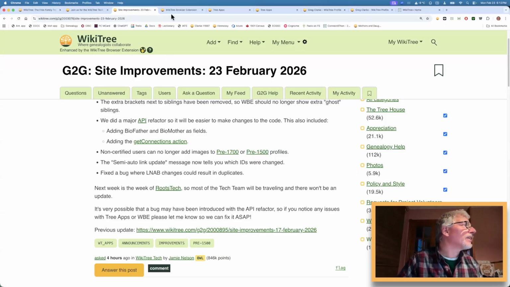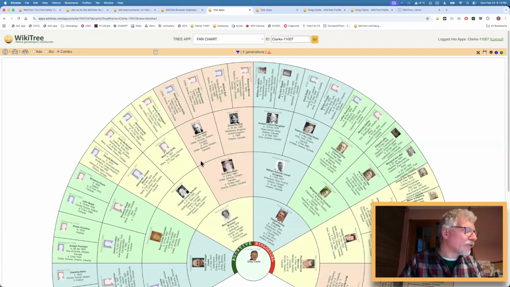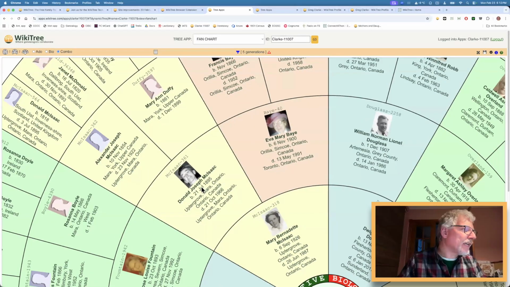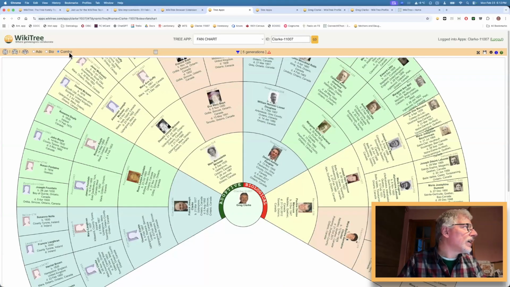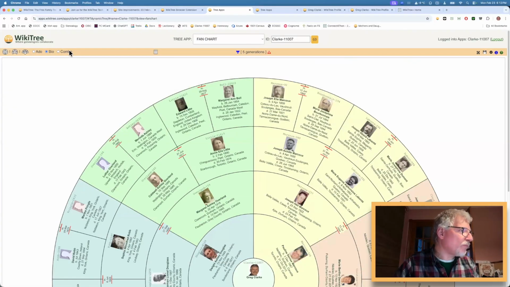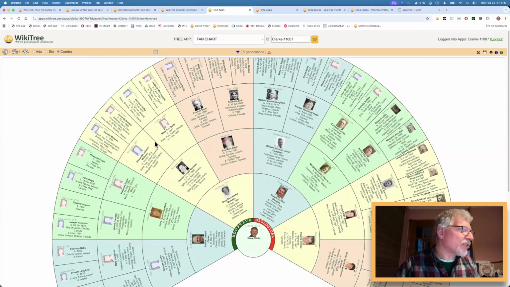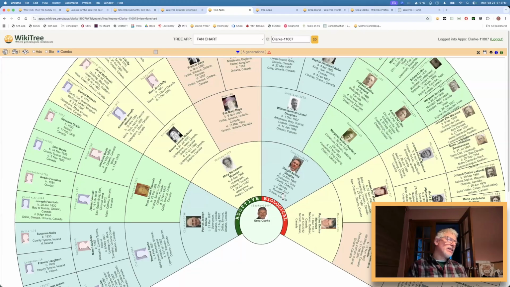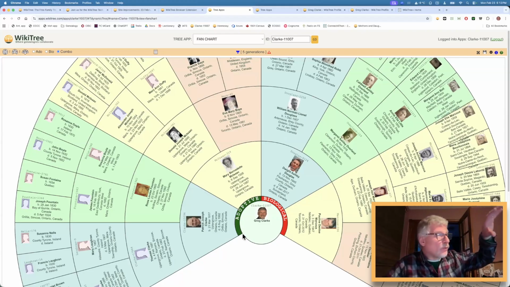And actually, let's see. So there is an example. Now you should be seeing my fan chart, right? Yeah, that's cool. So here's the fan chart, and this is in combo mode. I showed this off last month. I have an option to go from adoptive mode or biological mode or combo mode. And we briefly mentioned it. Someone brought it up, is adoptive really the right term? And I was wondering about that, and I think I might make this a setting, what you want to label this. And I thought one thing I could do is just call this dad and mom and then bio parents,